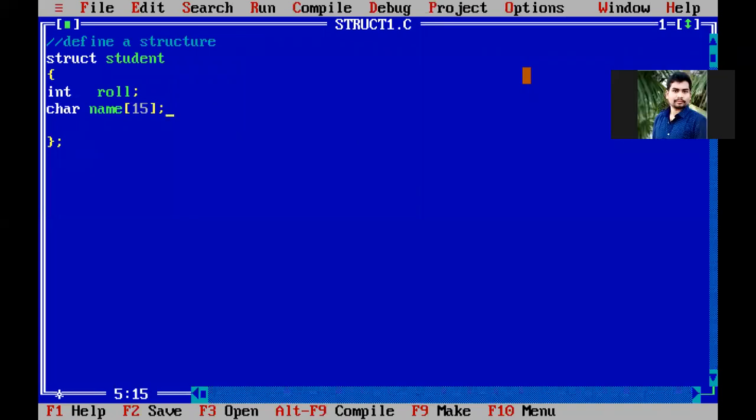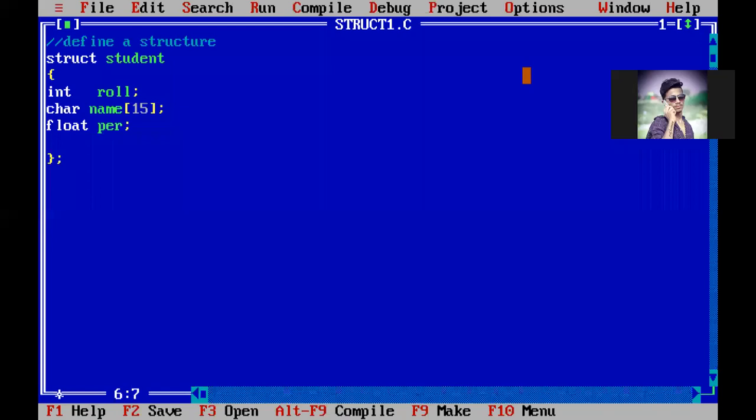Right. The third variable I am going to create: a student will have a roll number, a name, and he will also have the total semester percentage. But what is the percentage type? If you write integer, what will happen? If the person got 99.9 percentage, that .9 we are neglecting because only 99 is considered. So we don't create an integer type, we will go for float. If the roll number, name, and percentage were all integer type only, then we would not come for the structure, we would create only an array.